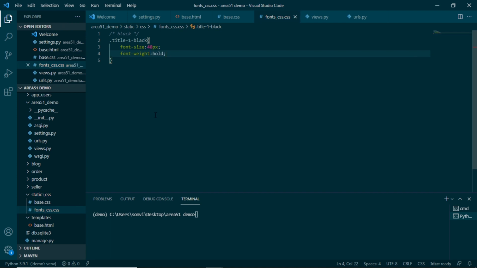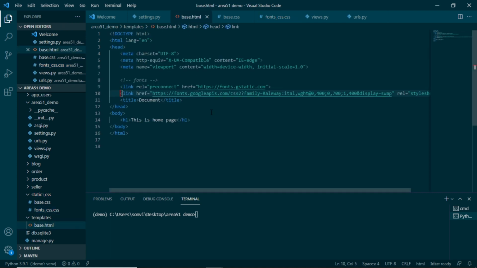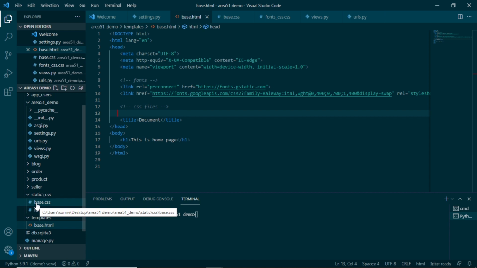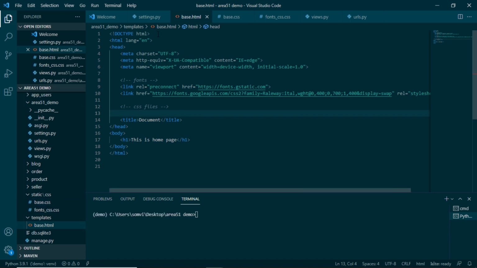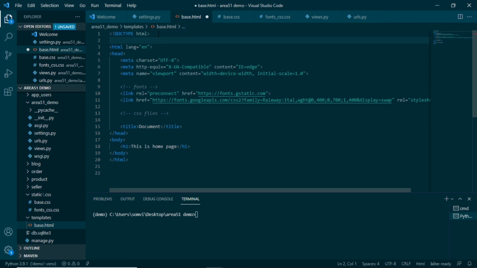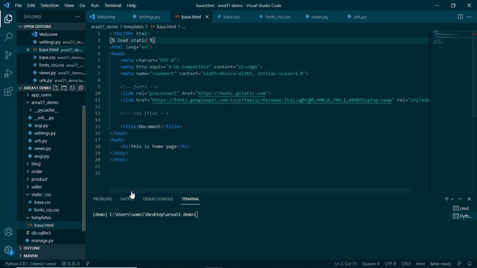Let me quickly show you a demo of this. We will go to our base.html. First of all, we will link our CSS files to the page. So in our header, we will make it CSS files. Our CSS files are kept in static folder. We have already set up our static in settings.py, and on the HTML page, to use the static files, we need to use one Django template tag, which is curly brackets percent, and here we have to write load static. So using this, we can use static files that are placed in the static folder.